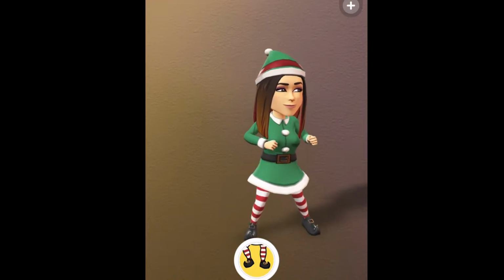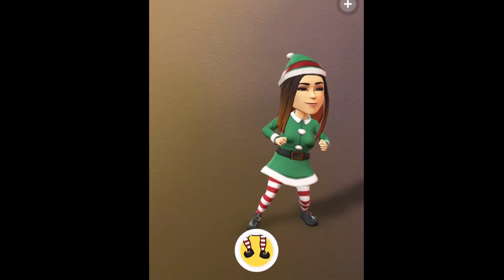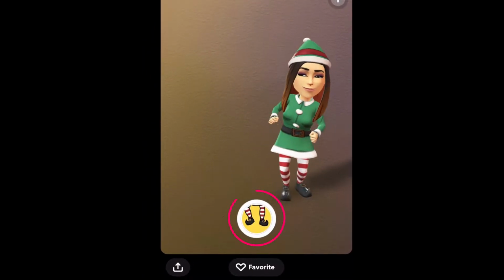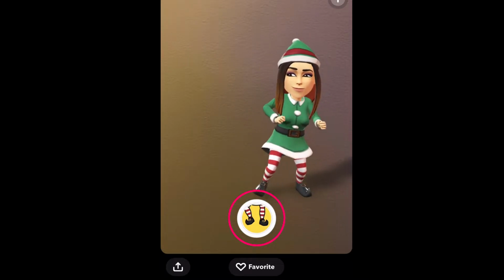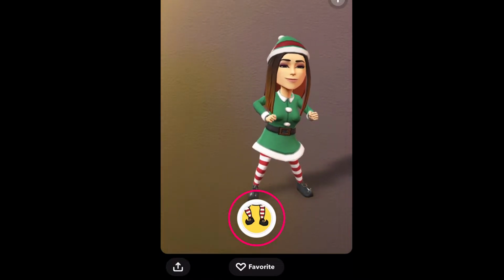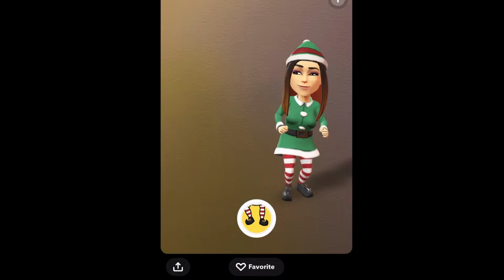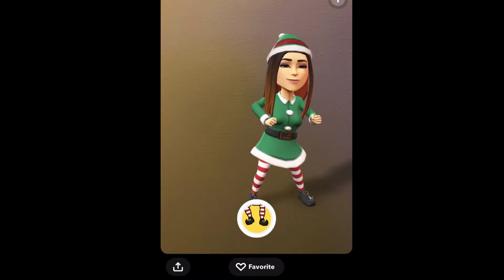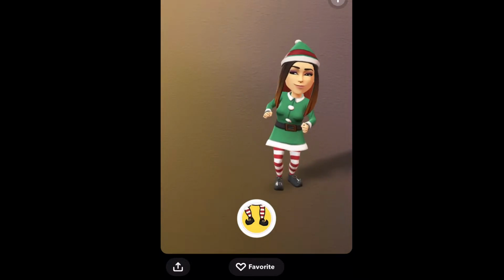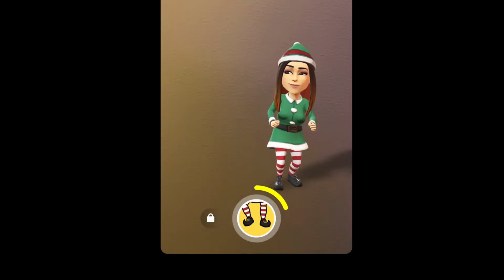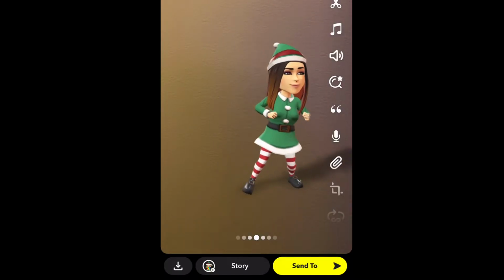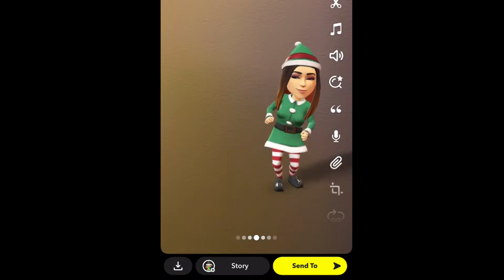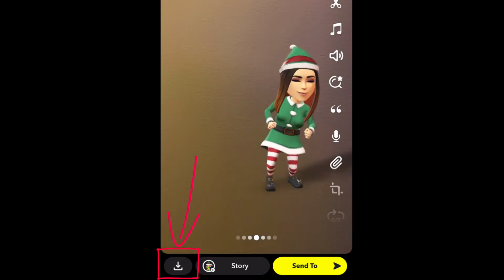Now to record a 5-second clip of this, I just press and hold that middle button, the round one. If you just touch it, it will take a picture of your Bitmoji, which is cute too. But for this, you want to take a video of it. So I'm going to press and hold, and I just need a 5-second clip. Okay, here we go. 1, 2, 3, 4, 5. So here's the recording. It looks great. So now you're just going to click that down arrow button, and then it will be saved to your photos. So now I'm going to exit out of that,